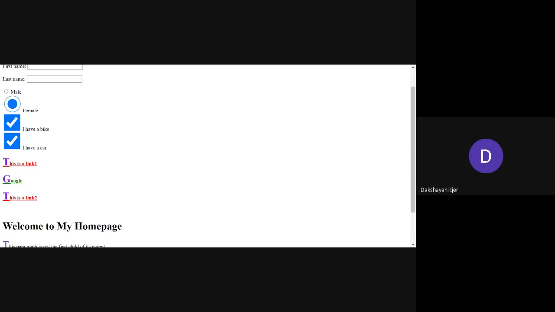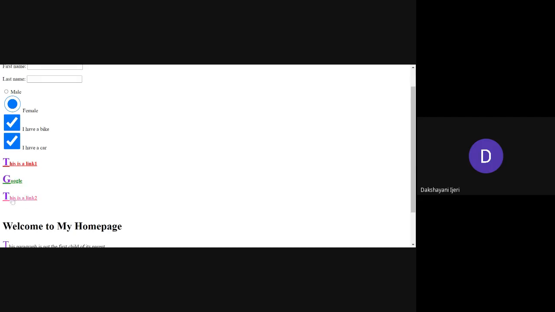As I told you, the links which have not been visited have to appear in red color. The link which has already been visited, since I have already executed this web page and visited this link, appears in green color. And if I move the cursor over any of the links, the property set there makes it appear in hot pink color, right?